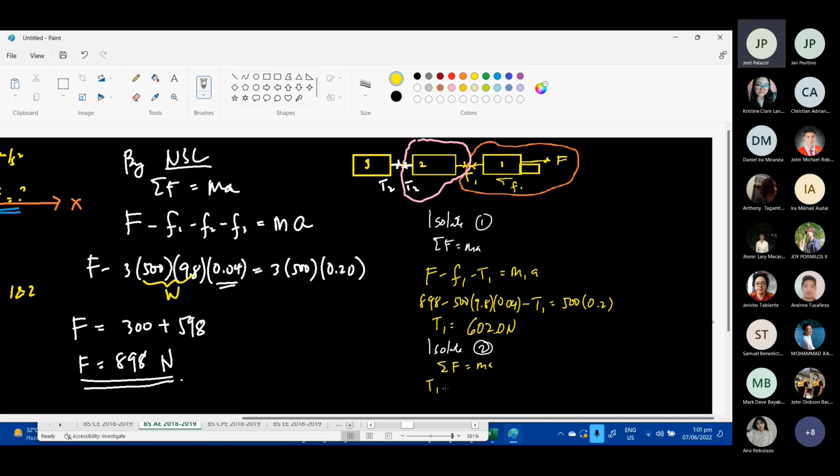So it will be T1 minus, there is friction F2, minus the tension T2 equal to M2 times A. So T1 is 602 minus the frictional force, which is 500 times 9.8 times 0.04, minus T2 equal to mass 2, 500. Again, the acceleration is 0.2. So that gives us T2 equal to